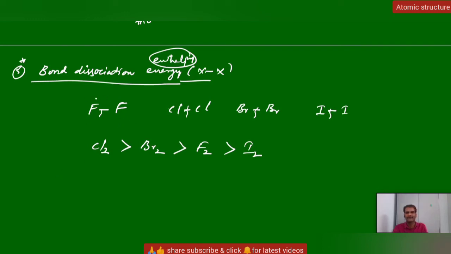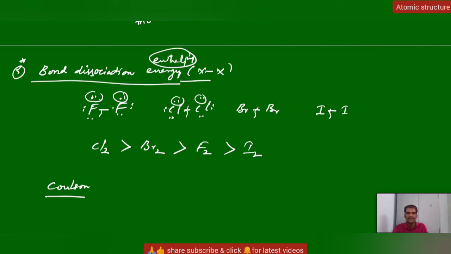Why is it? Why again is fluorine bond dissociation energy very less compared to chlorine and bromine? And this was explained by the scientist Coulson. According to Coulson, due to the inter-electronic repulsions. Not only in case of fluorine, in case of chlorine, bromine, iodine also, we can see each atom has 3 lone pairs. Due to the presence of these lone pairs, as the size is very small here, they are present very close to each other. Due to this closeness, we have more inter-electronic repulsions between fluorine and fluorine compared to chlorine, bromine, and iodine.